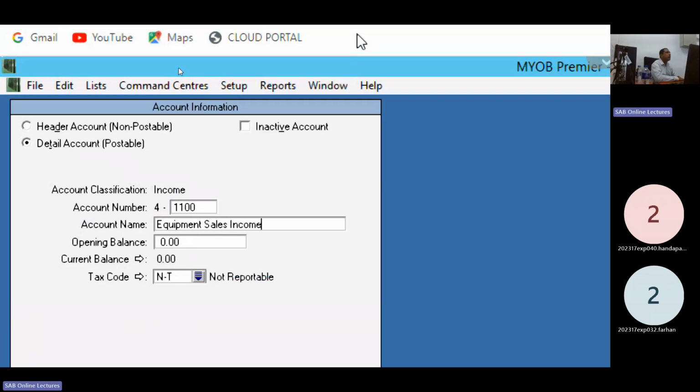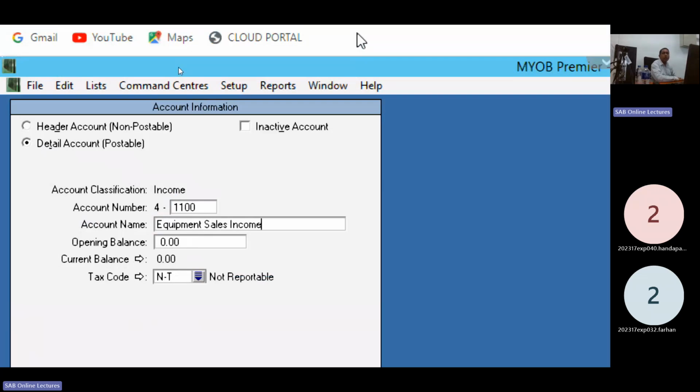Equipment sales income. No beginning balances on the P&L at the first date. In the beginning of the year, there are no balances for equipment sale income. Right. Equipment sale income.